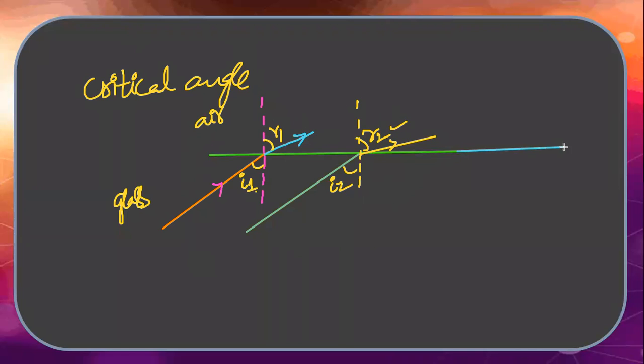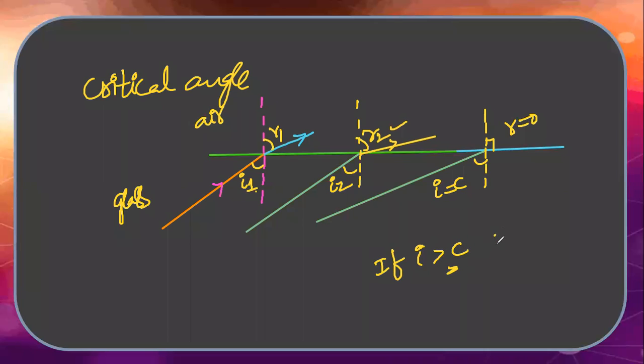if the angle of incidence is increased further, for the angle of incidence which makes the angle of refraction equal to 90 degrees, that angle is called the critical angle. If the angle of incidence of the light ray is greater than the critical angle, it will undergo total internal reflection. This is the critical angle